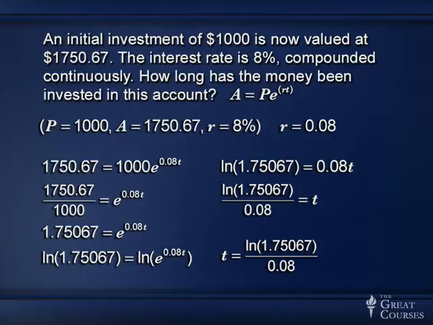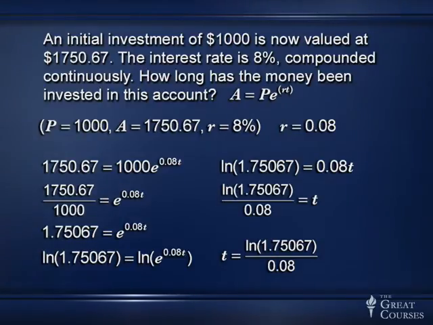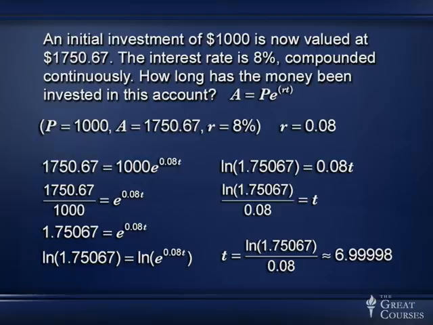Now, I have no clue what that value of t is. That's a really messy looking number, but my calculator has an ln key on it, and most calculators do, which means I can actually use it to approximate this value of t. And when I do so, I'm going to find that ln of 1.75067 divided by 0.08 is approximately